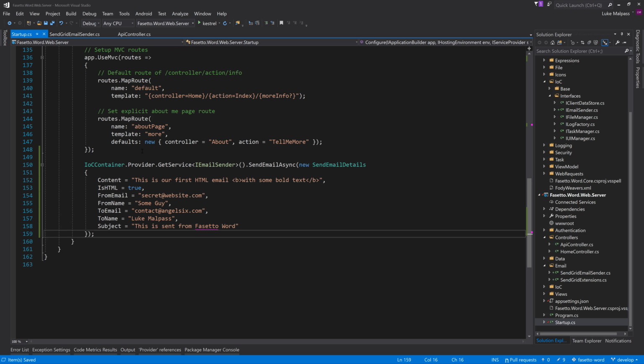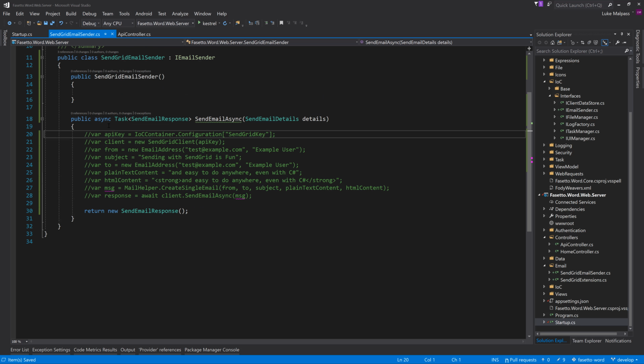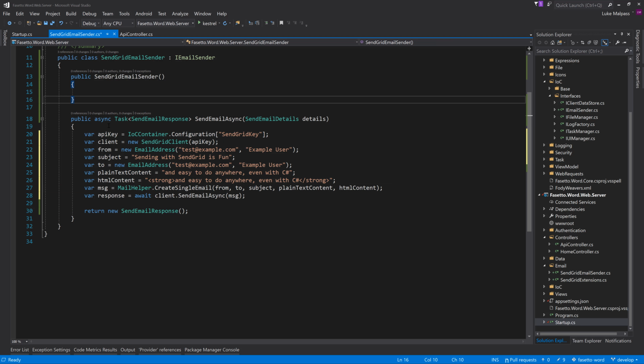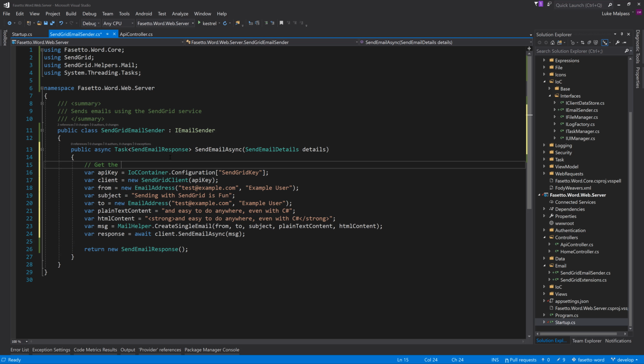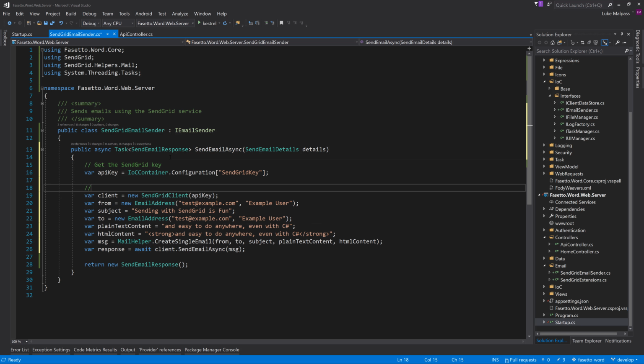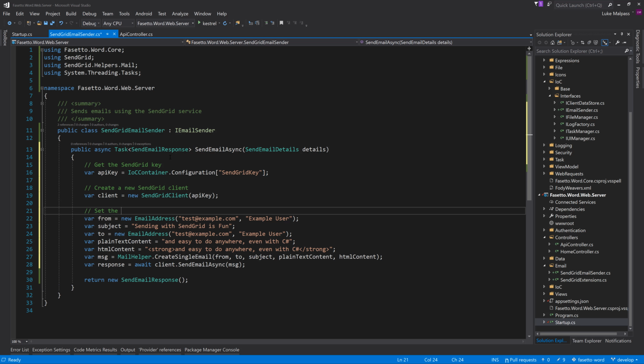So now let's actually make use of that. So we know that's going to boil down to coming into here. So we can now get that. We can delete the constructor now we don't need it. So now let's just get their example code and chop in what we need. So we have a client, and we'll also comment this. So we'll get the SendGrid key, create a new SendGrid client, set the from details, and then we'll just go to here's this from email from names. That'll be details.from email, details from name,